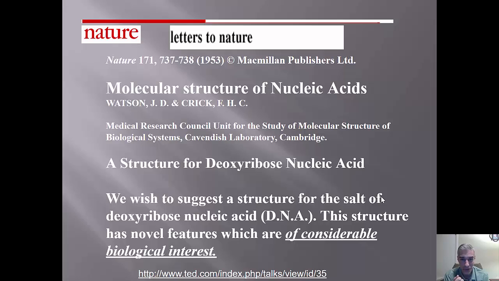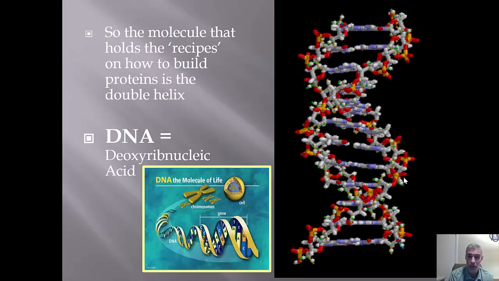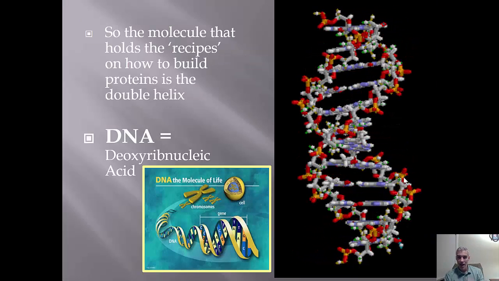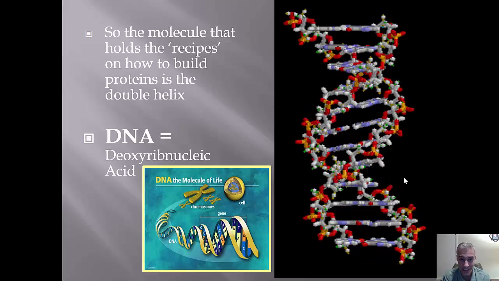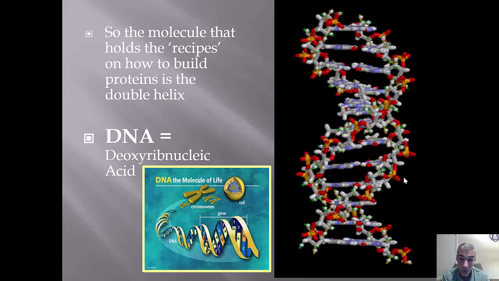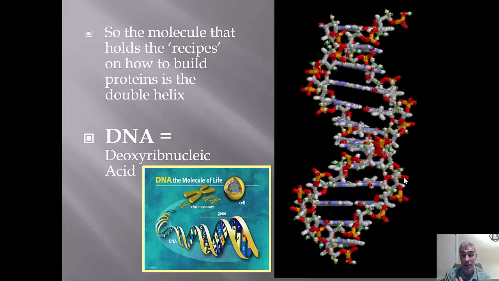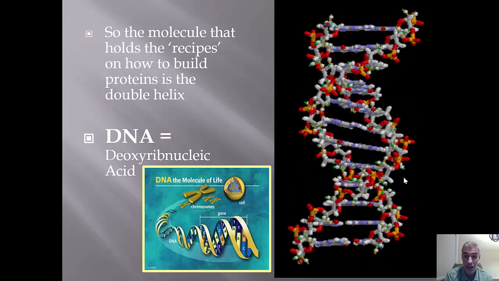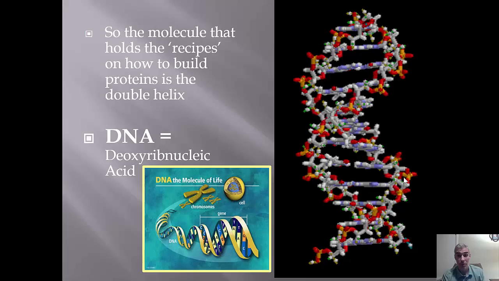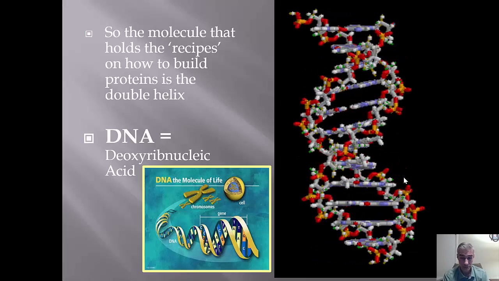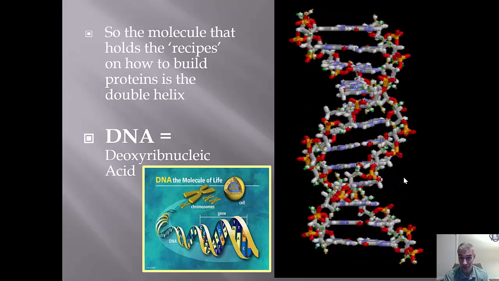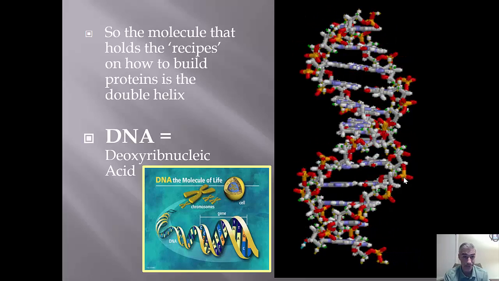It's so interesting how short this paper was, but all they did was lay out their logic on how they picked out the structure, which ended up being the double helix molecule. And it's a beautiful looking molecule. Look at that thing. It's amazing that it even exists, but it does. It's completely stable. It's a molecule that makes sense based on everything we understand about organic chemistry. And we've now seen the molecular structure of it using electron microscopes, and it actually looks just like that.